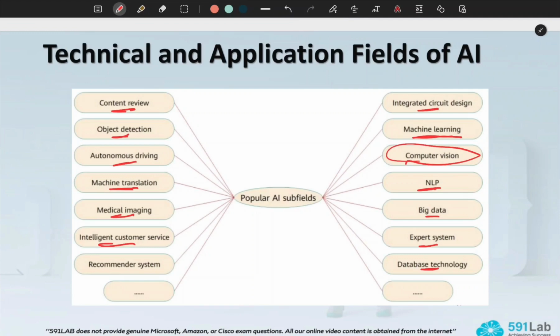It's either used in other fields, or it is a field of, or it is the whole field itself. So for some fields, machine learning is the only method or technique that is used, and for others like natural language processing, you can use machine learning for natural language processing, and you can do natural language processing without machine learning. Both are AIs or different techniques of AI, and both are considered a subfield of AI.